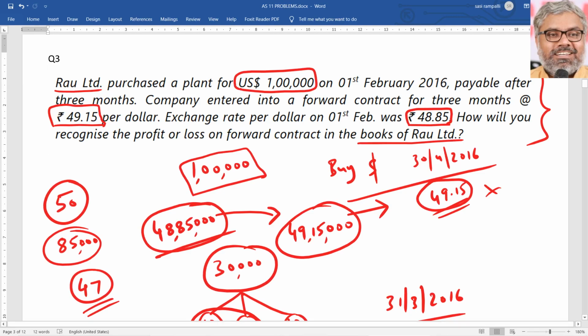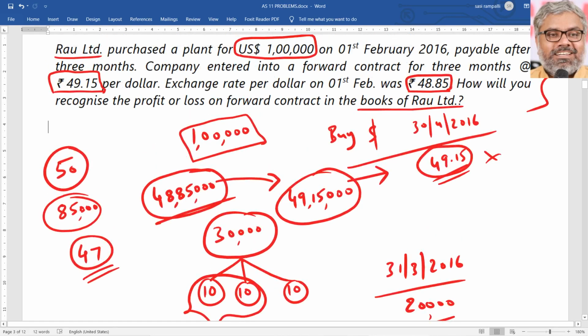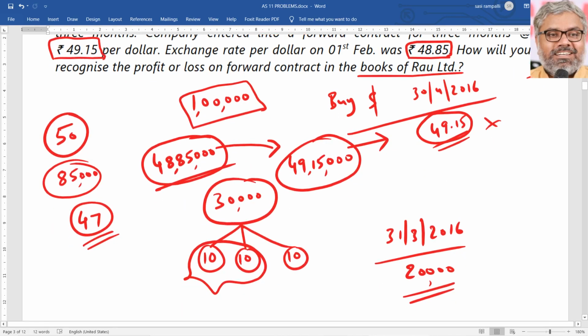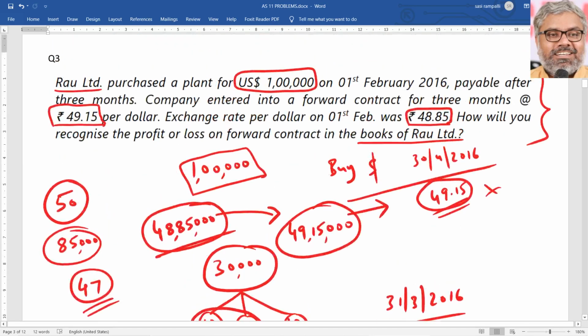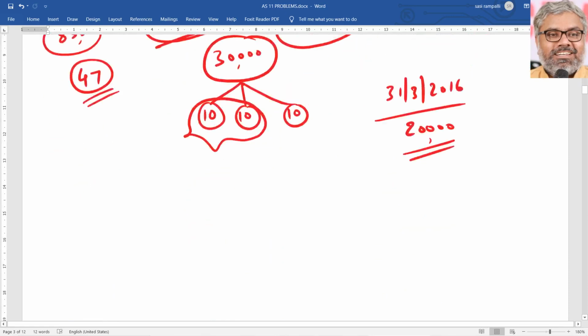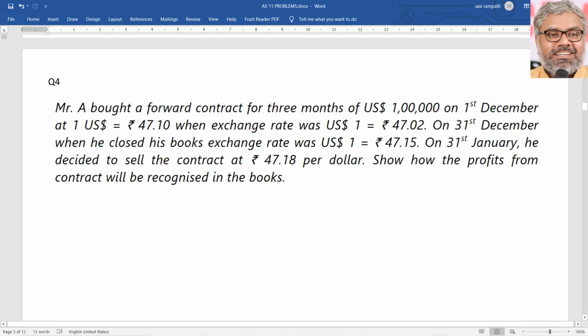That is why the premium or discount has to be recognized and amortized over the contract period, which is in this case 3 months. But unfortunately, out of these 3 months, 2 months fall in the current financial year and 1 month falls in the next financial year. So naturally, 2 months' related amortization should be recognized in the P&L account of the current year, which is 20,000. 10,000, which is related to the third month, will have to be charged to the P&L account of next year. That's the essence of forward exchange contracts, particularly when you look at non-speculative forward exchange contracts.